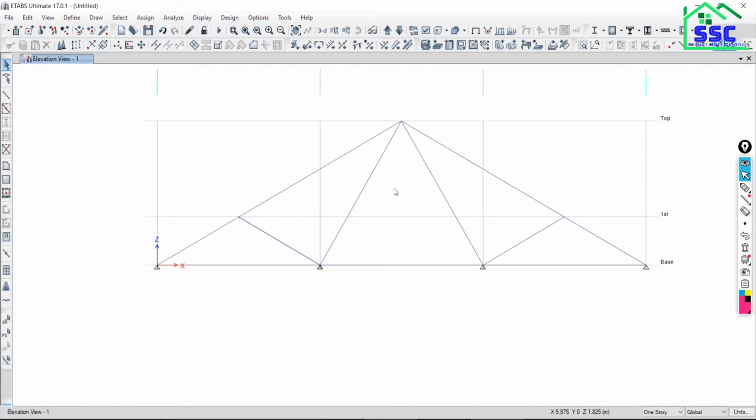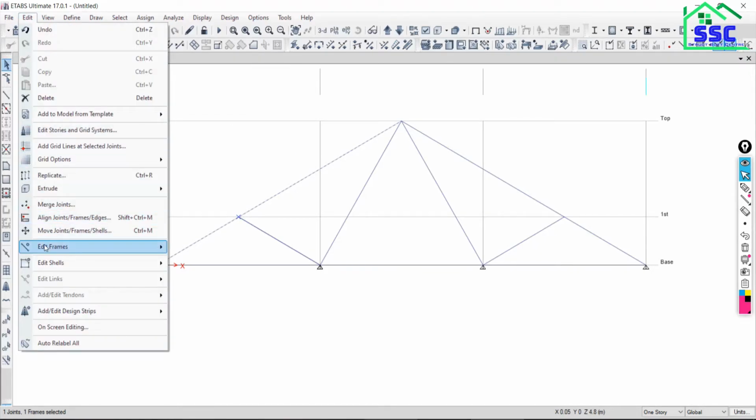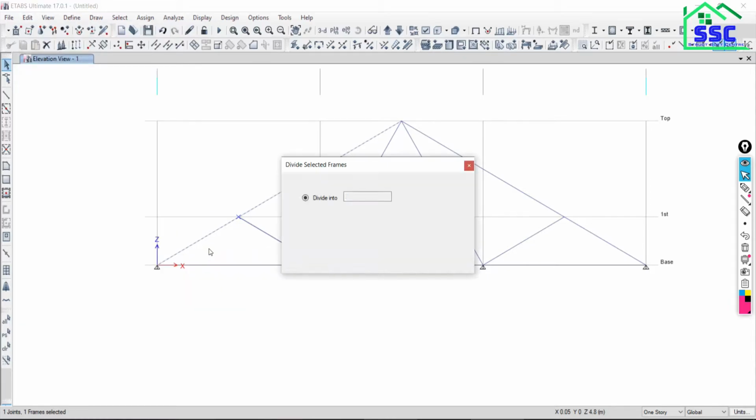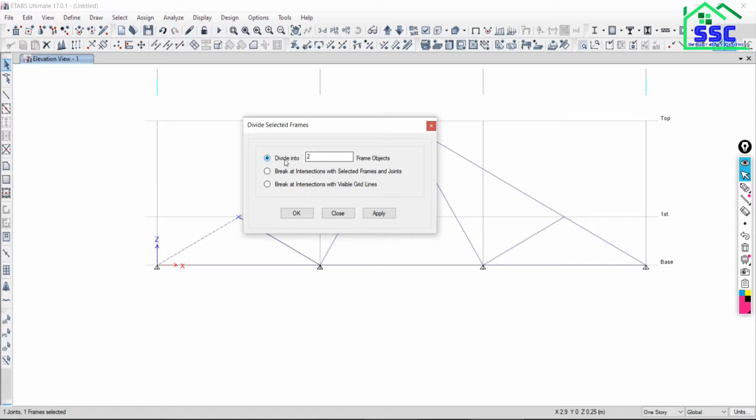Repeating again: select this beam or element, then the joint where you want to break. Then go to Edit, then Edit Frames. There you will find Divide Frames. Just click on Divide Frames.